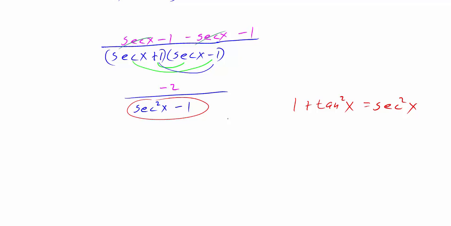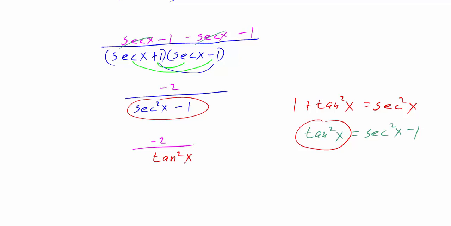So here, if we rewrite this, secant squared x minus 1, that means we have tangent squared x. We need to subtract 1, so that has given us secant squared x minus 1. So all of that's going to be equal to the tangent squared x. So therefore we have a negative 2 over